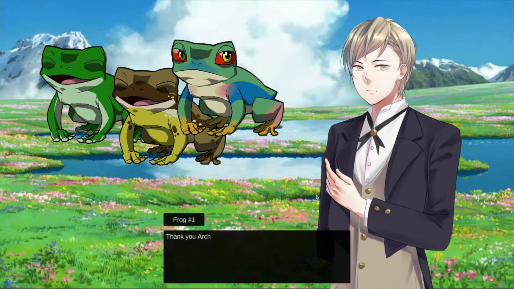Okay, so at this point we're supposed to be using the flowers, presumably, to try. So one of these is our prince, so who are the other two? They're just frogs, and I'm not sure. So there was the accident in the apothecary. Was that what caused this to happen?